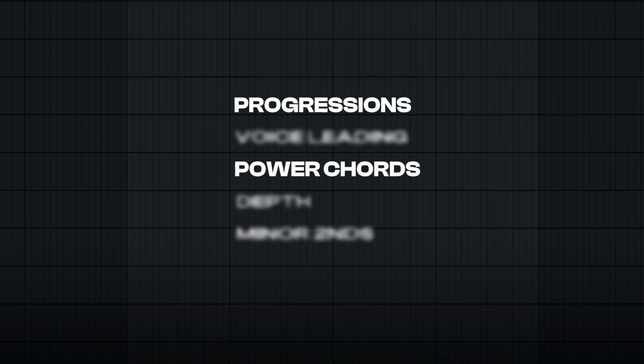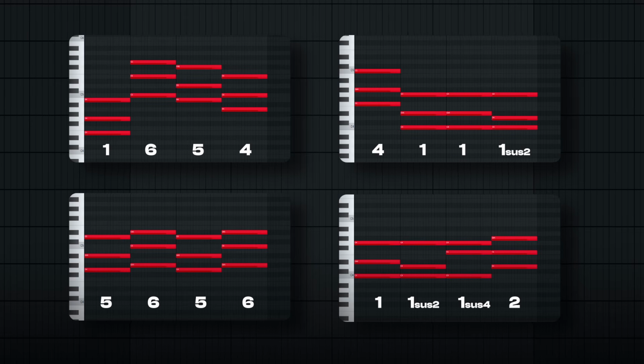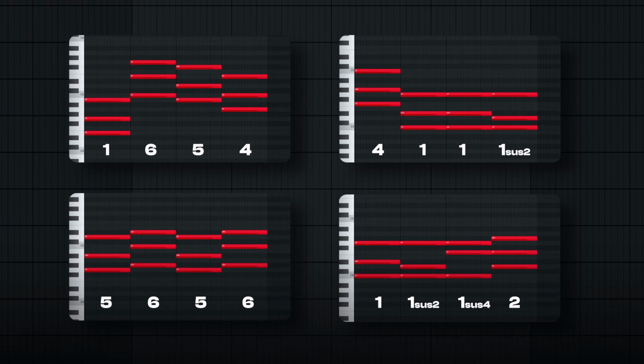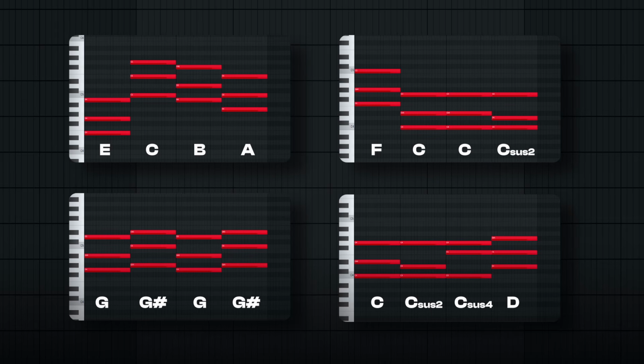The second one is the progressions you use. Every genre has a few sets of chords that get used all the time. And for this style of dark melodies, here are a few examples of commonly used progressions. And here are the chords if you don't know music theory. And if we pick one of these progressions,